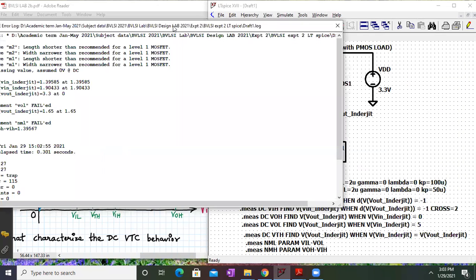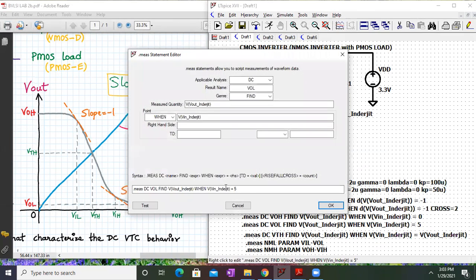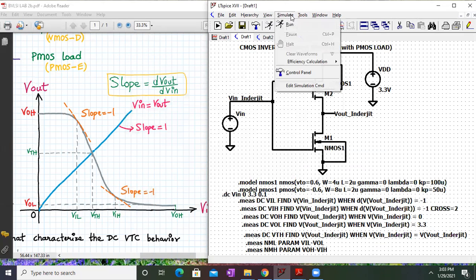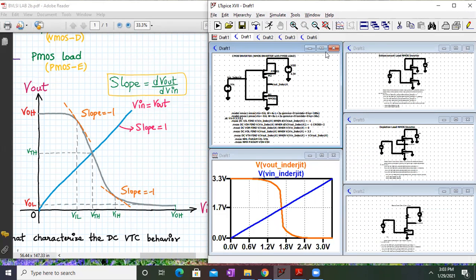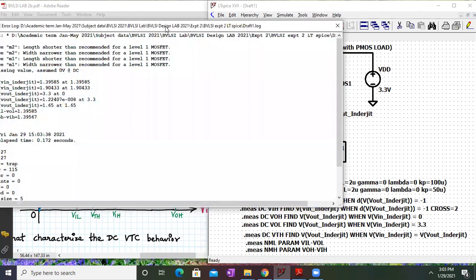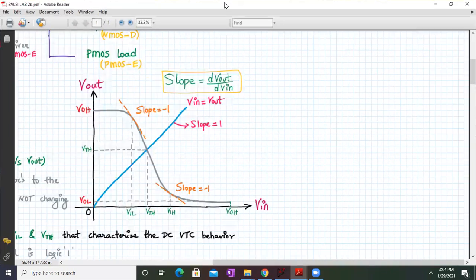Okay, VOL is not filled because we have written here Vin equal to 5, and our supply voltage is 3.3. So if you write here 3.3 and simulate again, you might get a much better version of this, I guess. Yes, we are getting a much better version now. And if I view the SPICE error log, now I'll get all the values. See over here: VIL, VIH, VOL, VOH, VTH, and noise margin low and noise margin high. Surprisingly, the noise margins are equal over here. Okay, so let's check it out now in the calculations, how to calculate.